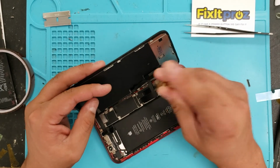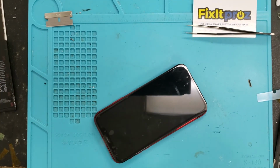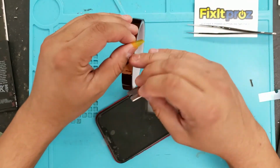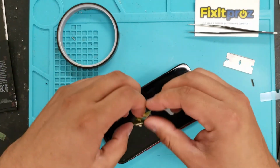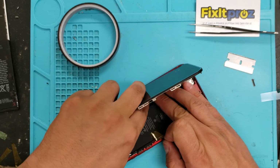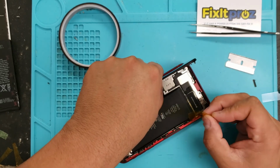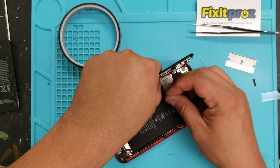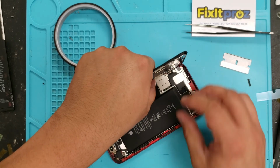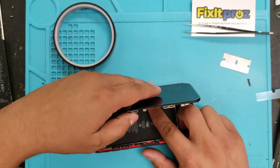Okay. So normally here we just close it down, but because of what we've seen, I think it's better to be safe than sorry. So I'm gonna take some tape. This is Kapton tape, and I'm going to secure these cables here, okay? Because when you're closing it down, you just don't know. So what I want to do is secure this cable up here with a little bit of tape. Okay, see that? So I put a little tape there, secure that there, so it doesn't move around when I'm